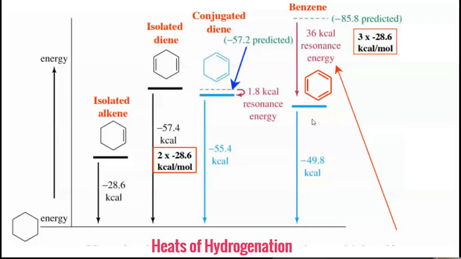kilocalories resonance stabilized. And if you closely observe, that value is lesser than your conjugated diene. Conjugated diene is 55.4. In the triene, added conjugation is decreasing the value further, giving it an enhanced stability, which is typically known as the unusual stability of benzene. And due to this unusual stability, benzene does not undergo any type of addition reaction where it would break the ring double bond and add stuff across the double bond. Benzene never does that. It would prefer doing a substitution reaction.